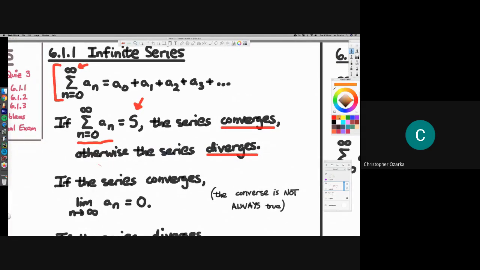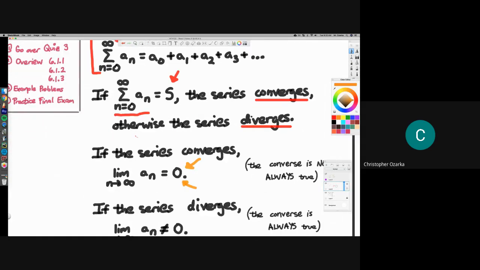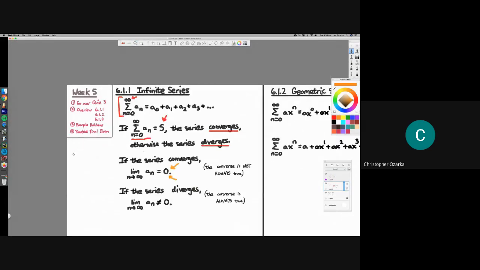Okay. If the series converges, then the infinitieth term, infinitieth is not really a term, I just don't know how else to say this, the term as you approach infinity has to be equal to 0 if it converges. It's not always true the opposite, meaning you cannot say, this is not going to be accurate, but you cannot say if,